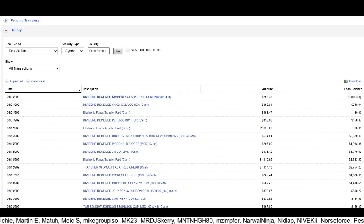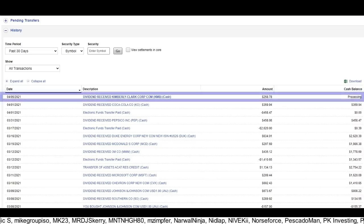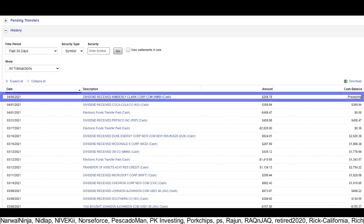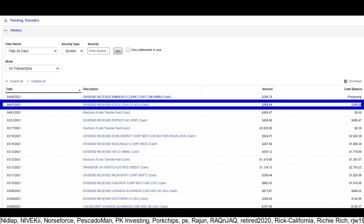Now, Kimberly-Clark's payout date is officially April 5th, but already Fidelity is processing my Kimberly-Clark dividend in this and my other account. You can see in this account it's processing a dividend of $258.78. I'll show you my other account that also has KMB in a moment. Here you can also see my Coke dividend from April 1st for